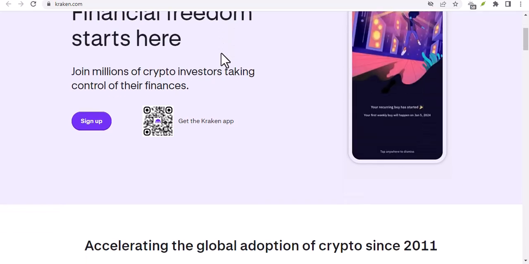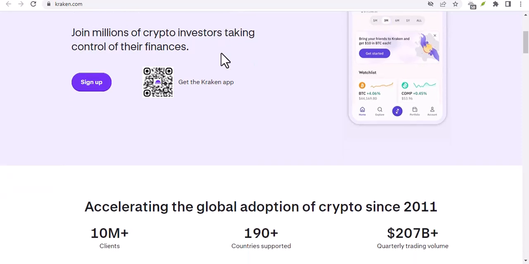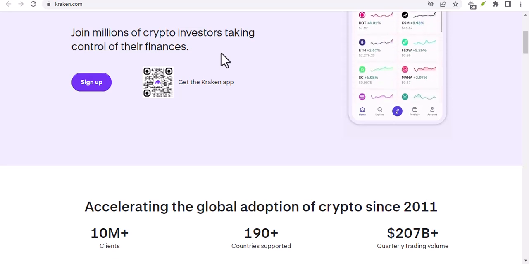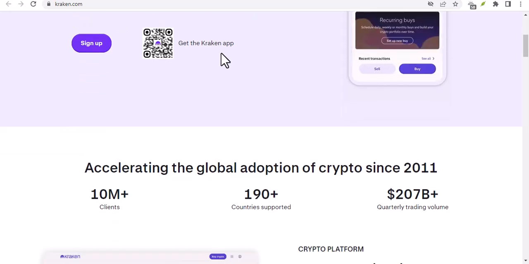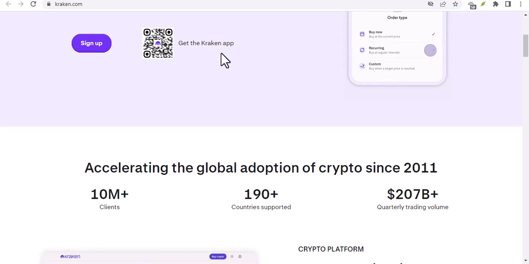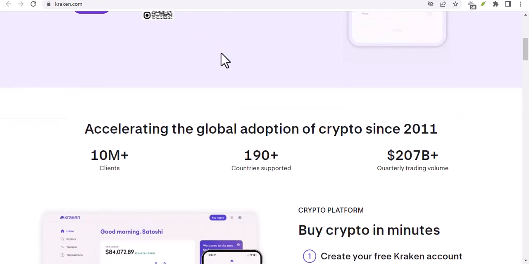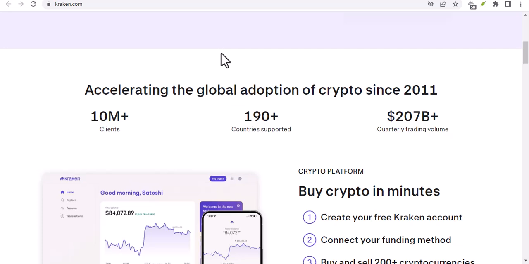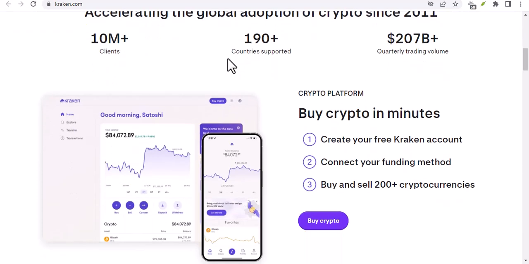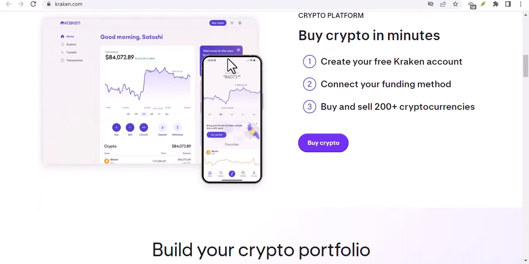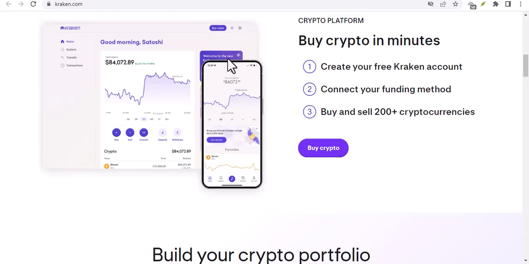Now, before we jump into the specifics, let's quickly refresh our memories. Kraken is considered one of the top-tier crypto exchanges. It's renowned for its wide range of trading options, including spot trading, margin trading, futures, and even staking. It's a popular choice among both beginners and seasoned traders. On the other hand, USDT, or Tether, is a stablecoin pegged to the US dollar. This means that 1 USDT theoretically equals 1 US dollar, making it a relatively stable asset in the volatile crypto